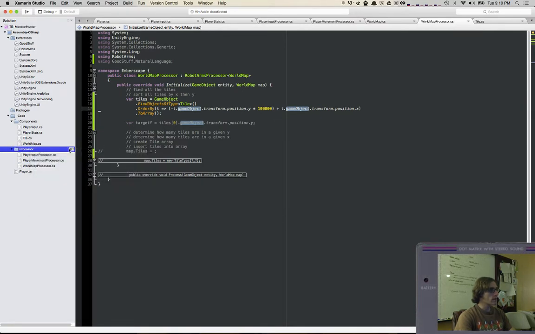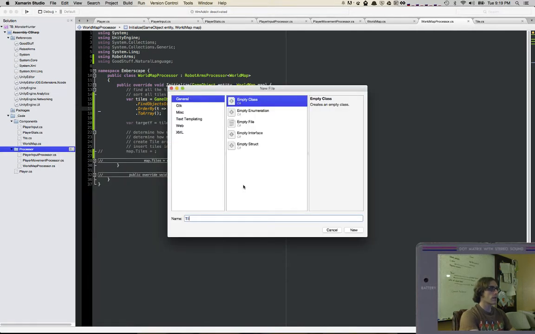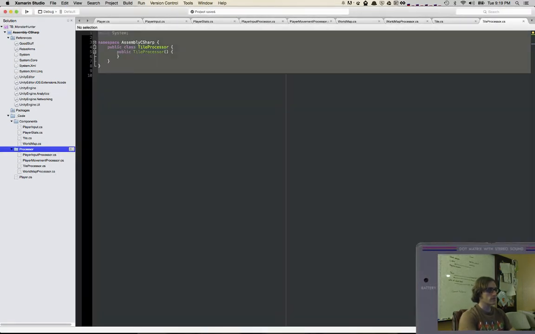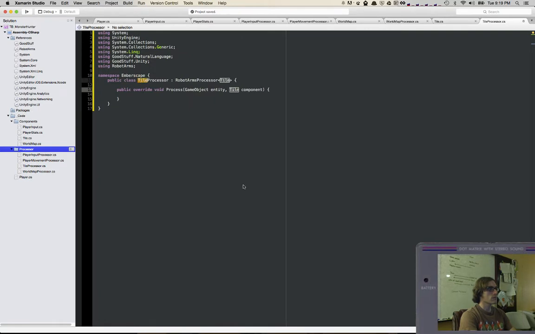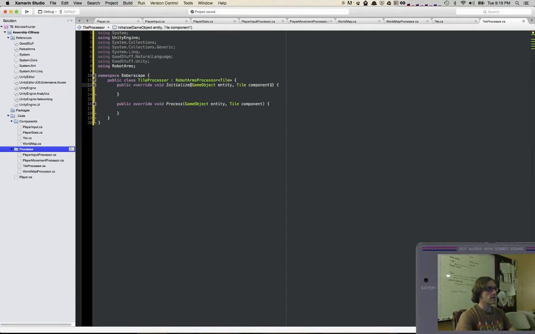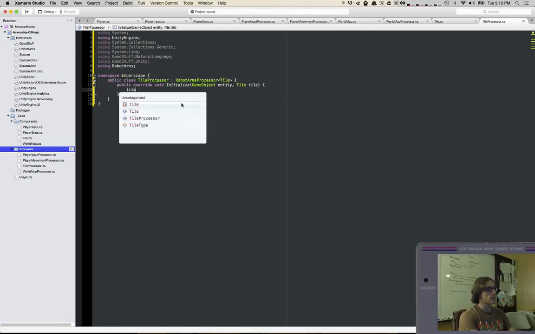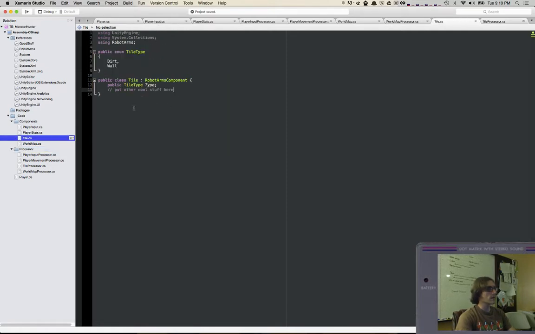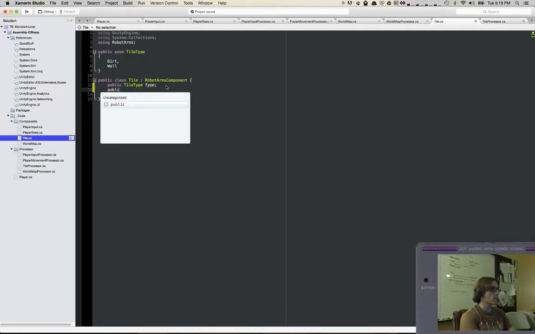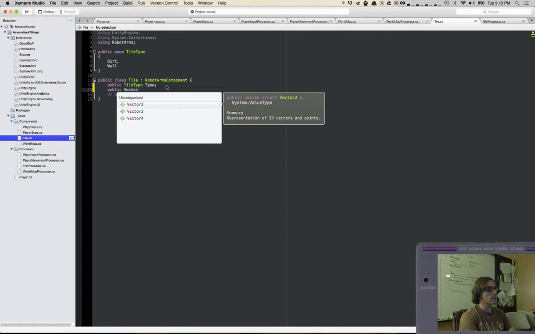So I think there's going to be a very simple processor, a tile processor. Okay, so we got a tile processor, and all it does is it also doesn't have a process. It has an initialize, and it's going to take this tile, and the tile is going to have two new things. The tile is going to have a tile type and a public